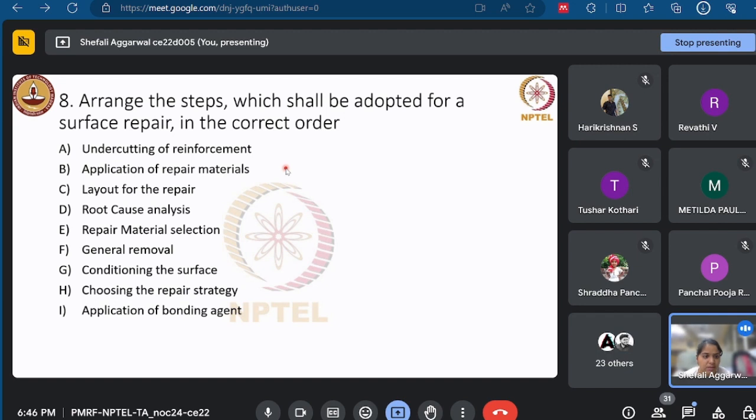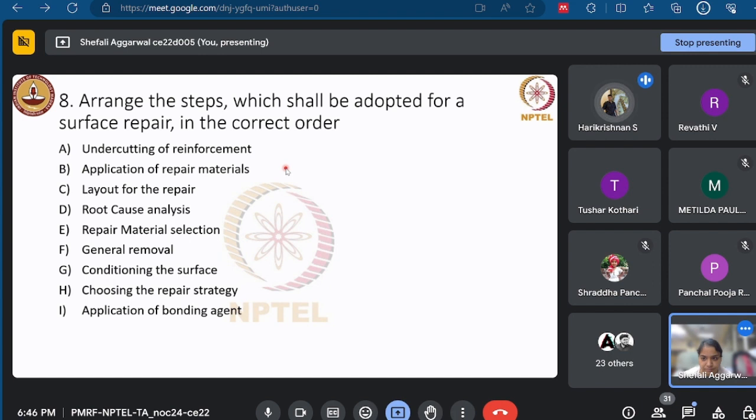Nobody saying anything? Root cause analysis. Okay, what should be the first step you need to do? D, root cause analysis, fine. Second step: you got the root cause, you did some visual inspection, you did some testing, and you got the root cause analysis. Then second thing, what will you do? Then it is H, choosing the repair strategy. Right. Next thing,